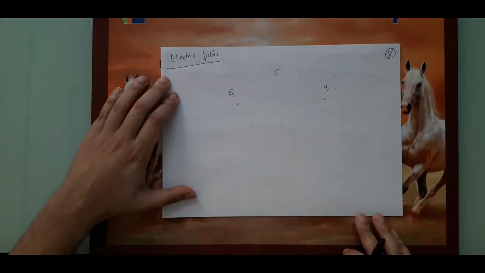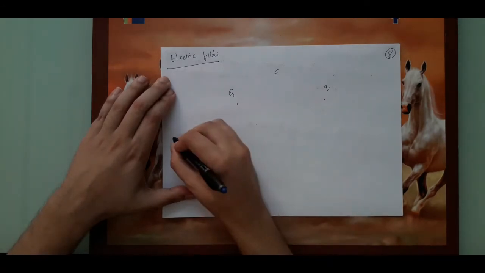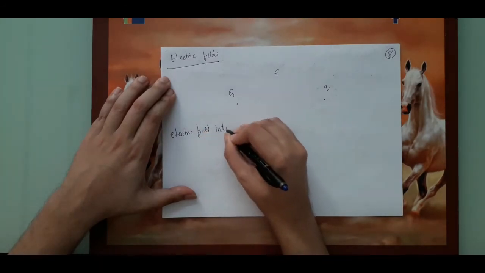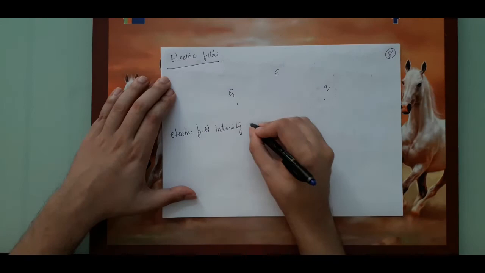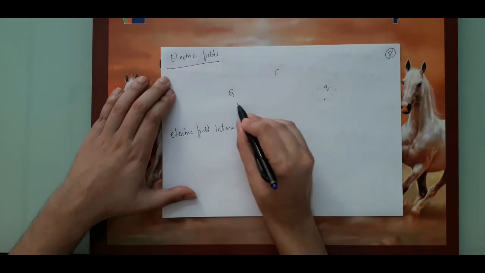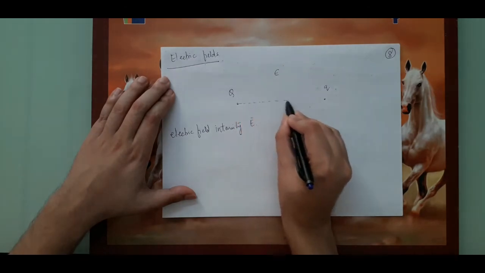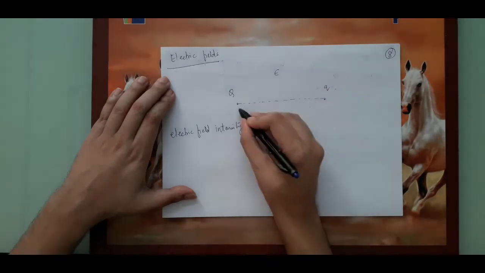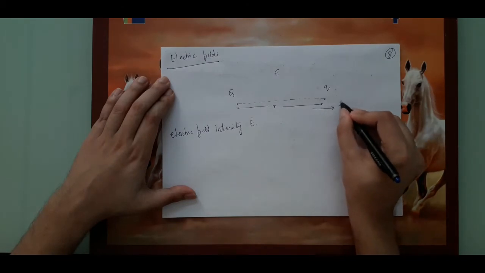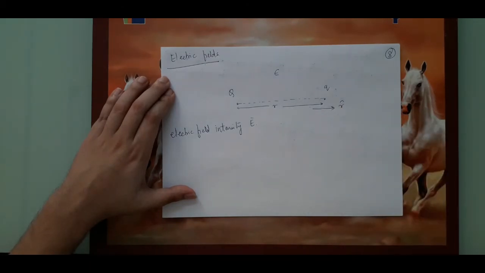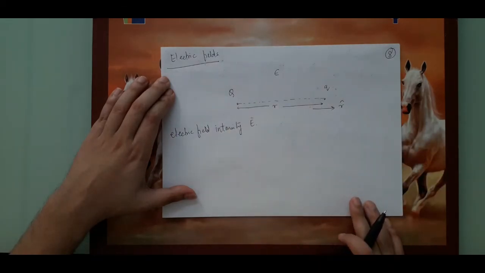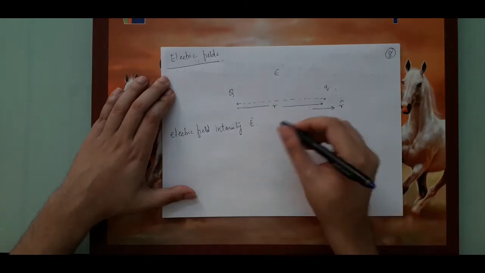So then I can define something called the electric field intensity or the vector E. If I am representing the distance between the two as some r, and I define a radial vector r along the axis connecting these two charges,